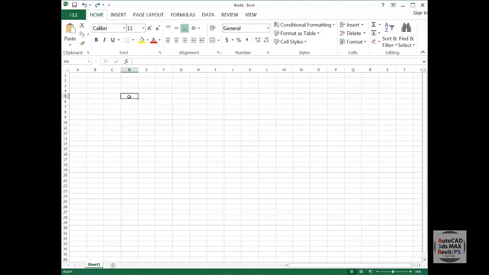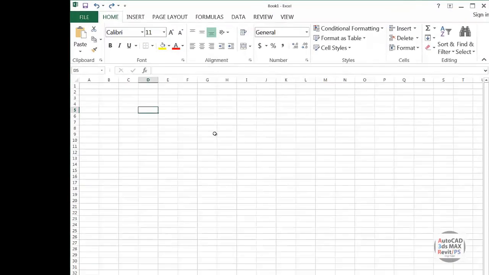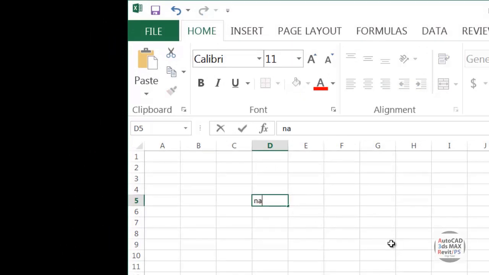If you see this cell, it's got a particular width and height. Now let's say that if I want to write something in it, let's say I write name. Now this is a small word and it can easily be accommodated in this cell and you can see it.